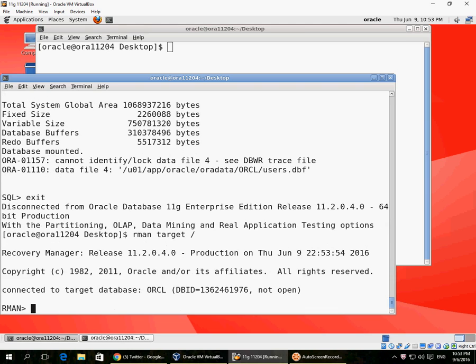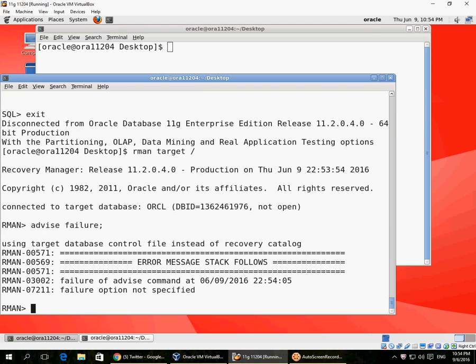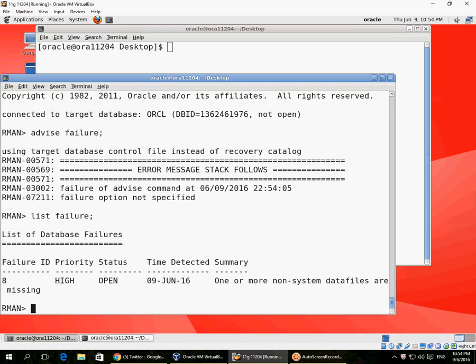Now there are three commands in the data recovery advisor: list failure, advise failure, and repair failure. You cannot run them in the wrong sequence, right? So you have to run them in the correct sequence. So let me do that. List failure first. Okay, so it says one or more system data files are missing. Then I say advise failure,